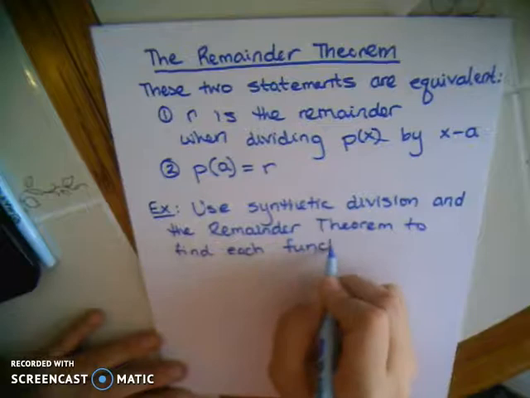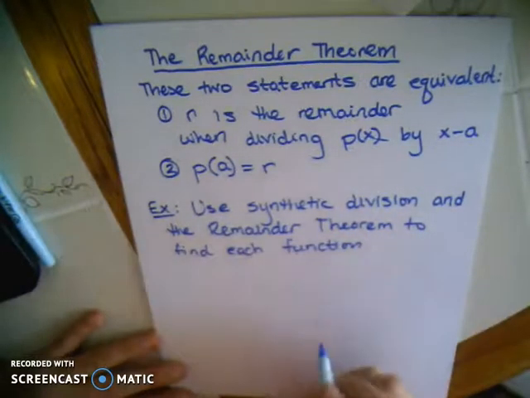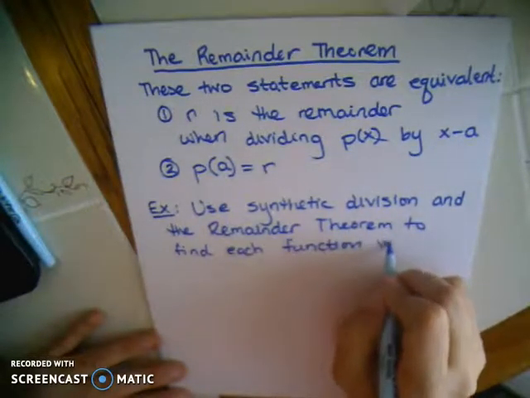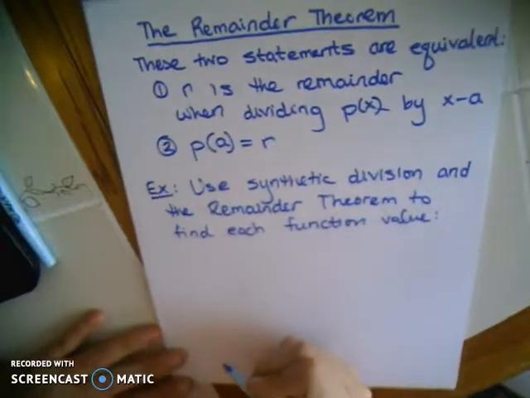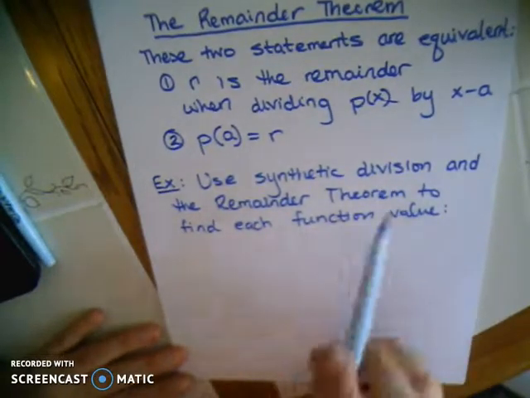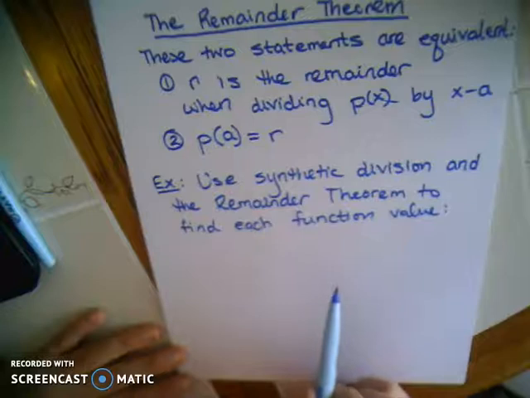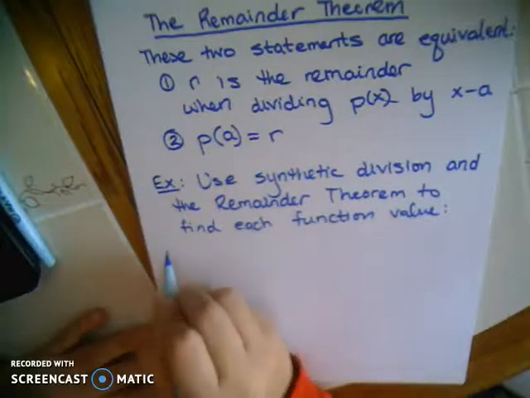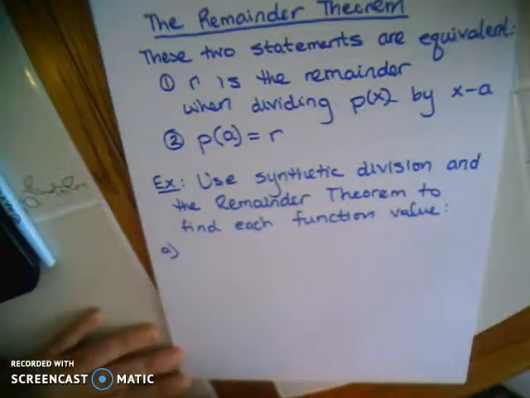So we don't want to find these answers just by plugging the number into the polynomial. We want to do polynomial division, and specifically synthetic division, and we're going to show that we get the same answer. Now on this first one, I'm going to do it both ways just to show you that we do